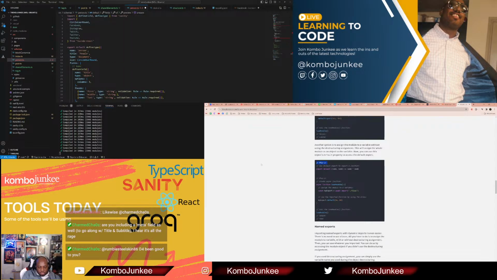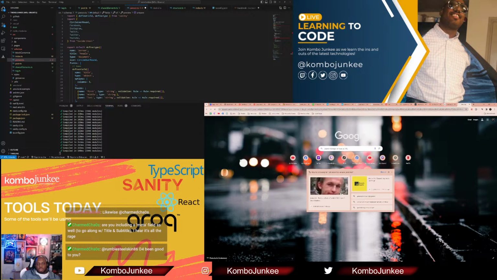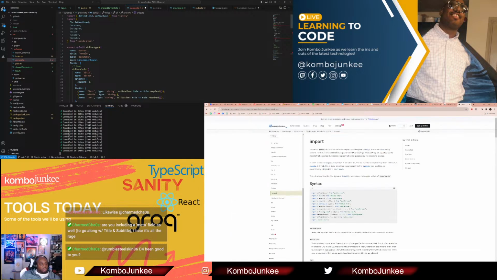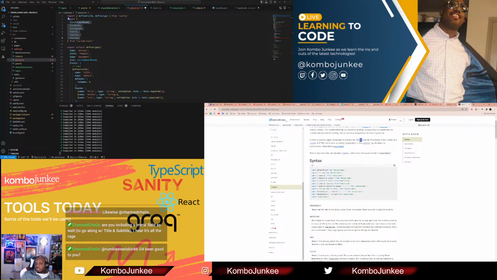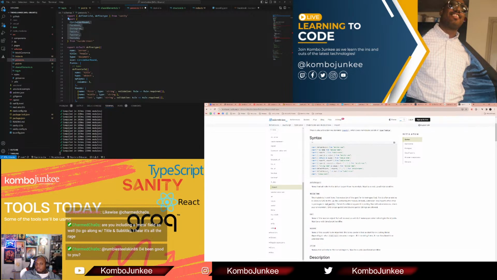So what are these called? Hang on, let's find out what those are called. Import statement. Yeah, let's see what those are called. Once we find out the name of these inside of here, that import declaration is used to import read-only live bindings exported by another module. Live bindings. They are updated by them in order to use the import declaration. Blah blah blah. Module name. Default export name that will refer to the default export from